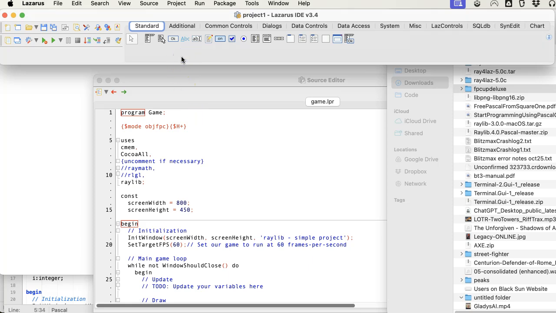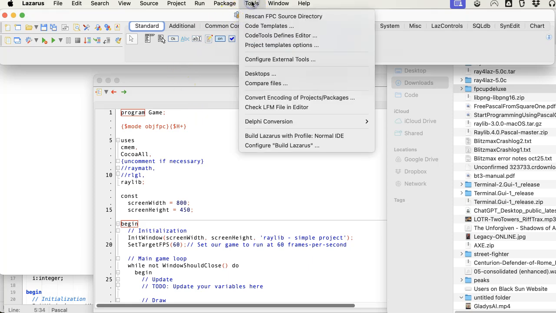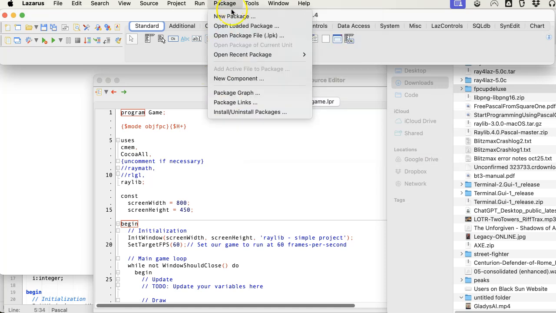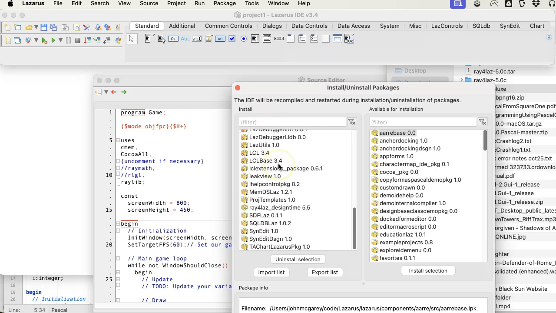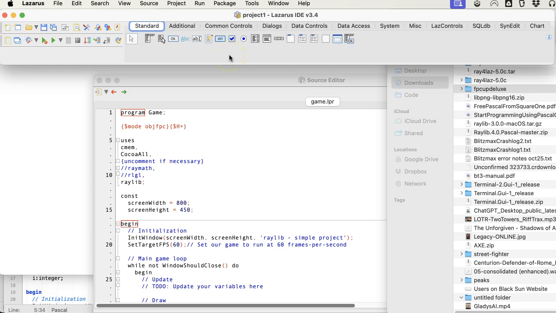So I don't know what's going on with that, but it should be, for most people, as simple as going to the online package manager, and it should look sort of like this, and find Ray4Laz and click a checkbox or an install button or something like that, and it will install it and possibly